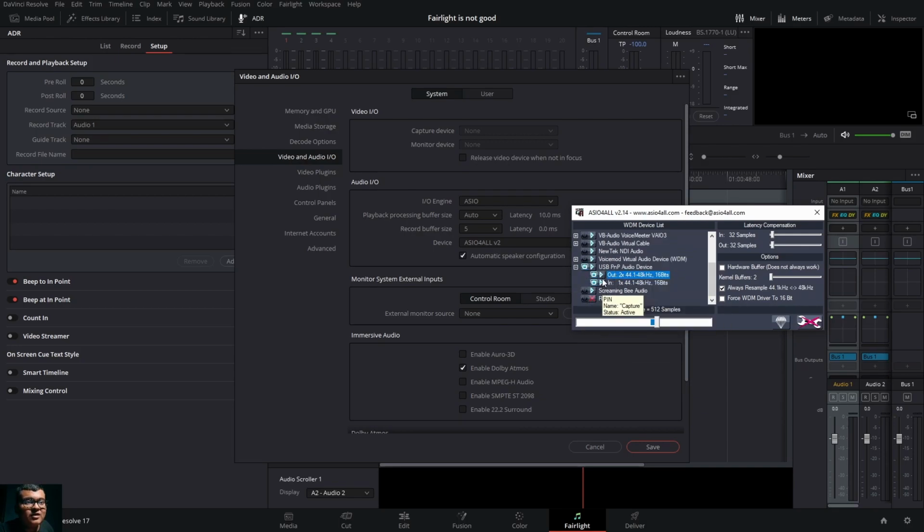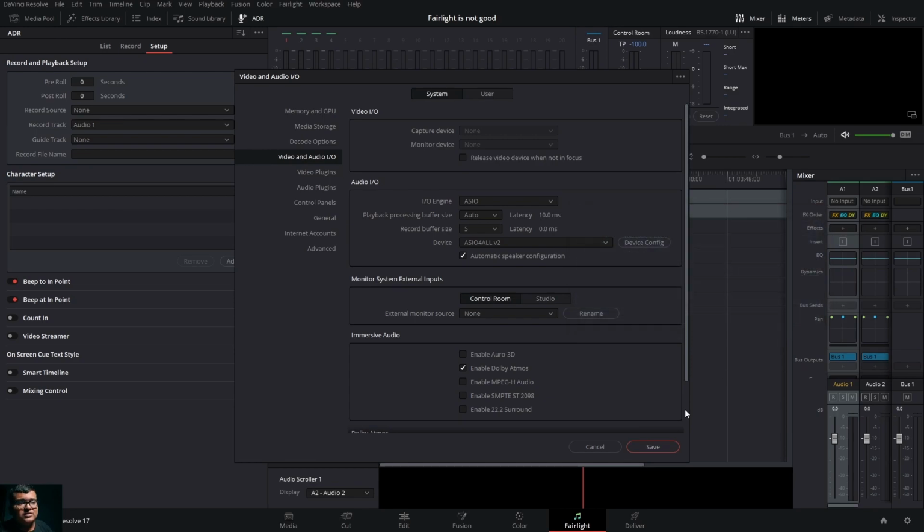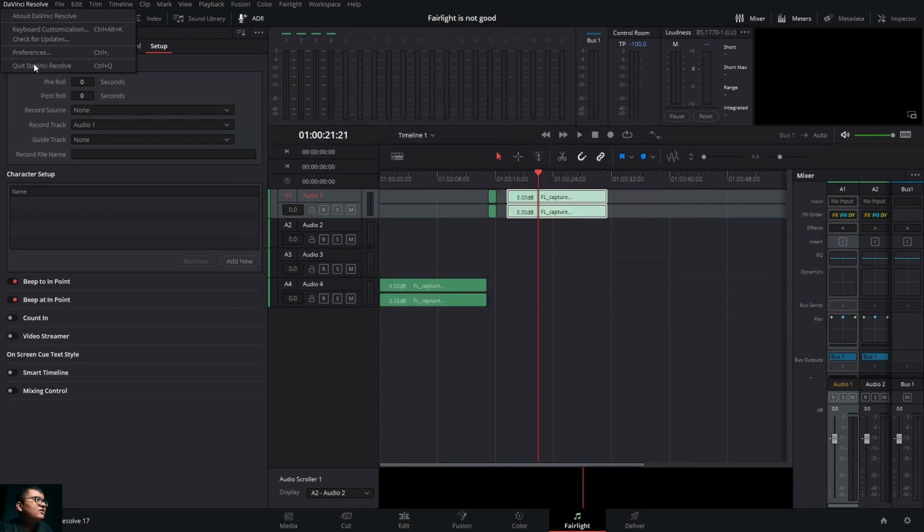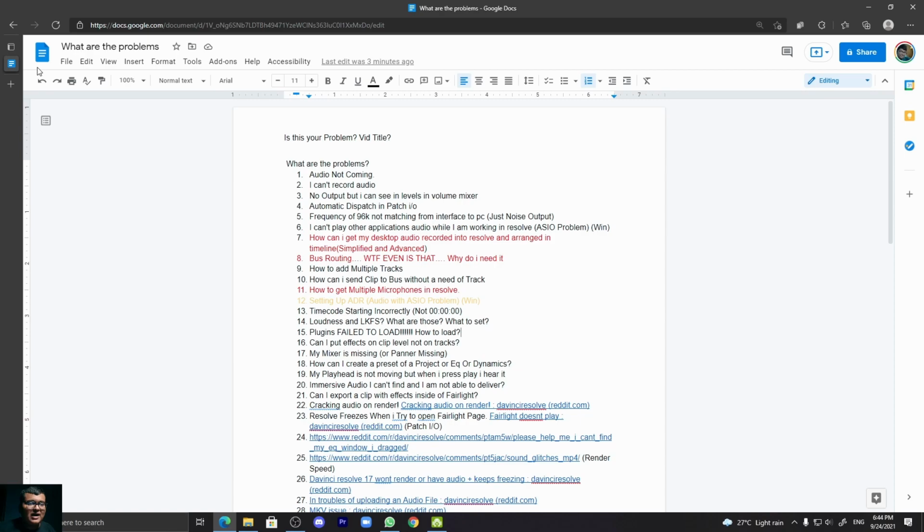If you see this blue thing, those are all enabled, so disable them. I'm using only one headphone, one mic, and two speakers, so that's why I'm going with this. Click on save, restart, come back again.